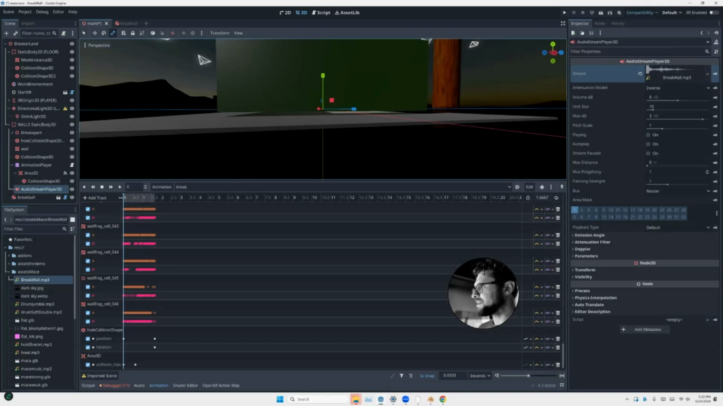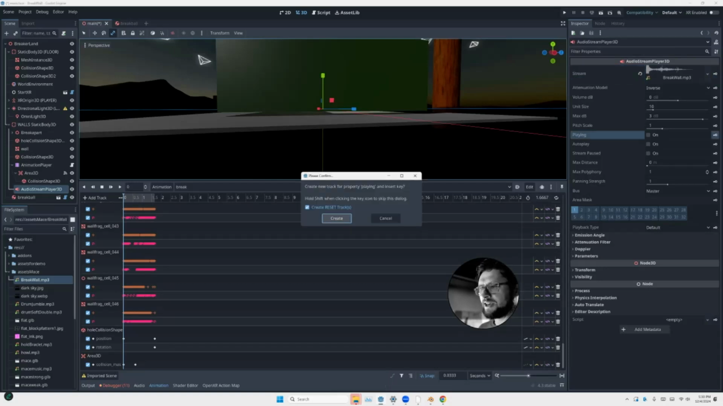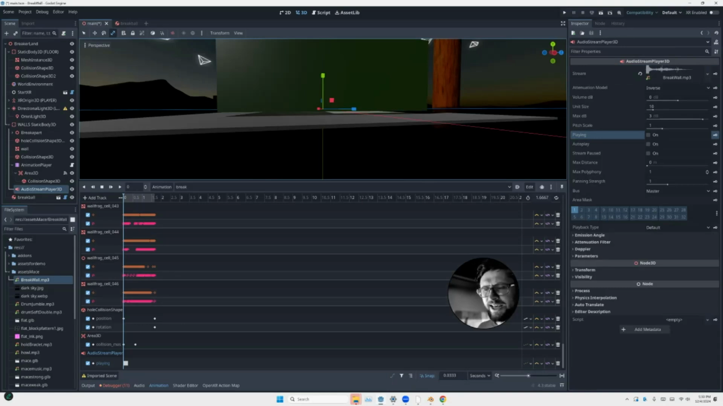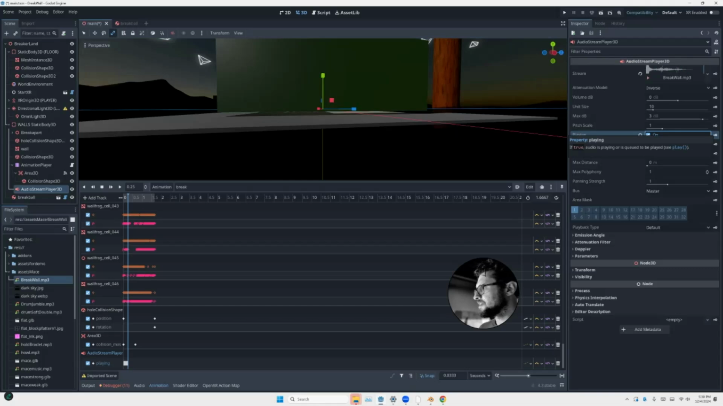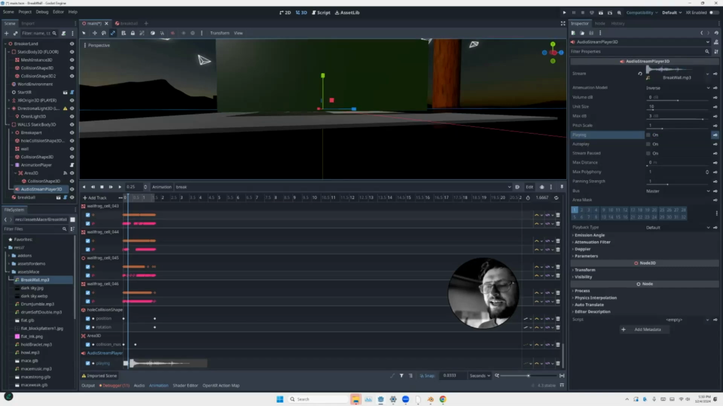So here where it says break wall MP3, I'm going to go down to this one playing, and I'm going to hit a key, create a track for it. We'll scroll down, there it is. And we go into like 0.2, 0.3 seconds. And now I'm going to turn on playing, key that too. There you can see. And it's not looping, so we don't need a setting to turn it off. So now when we hit play on our animation,